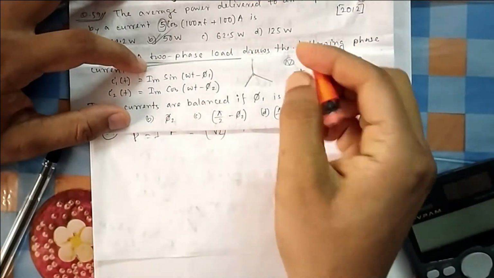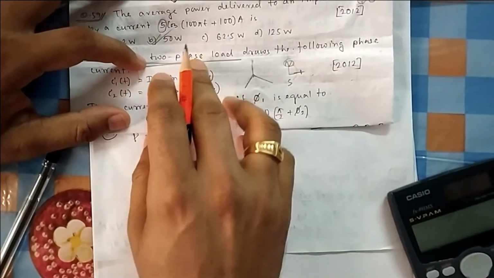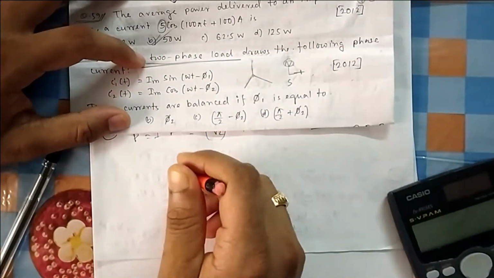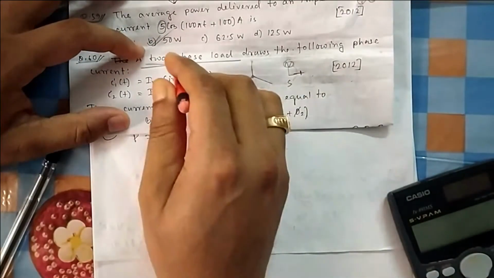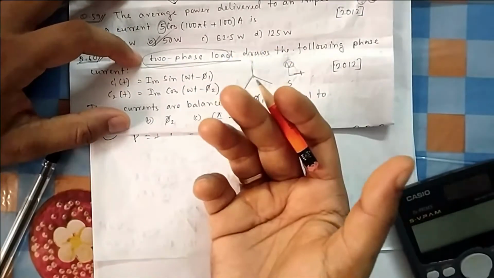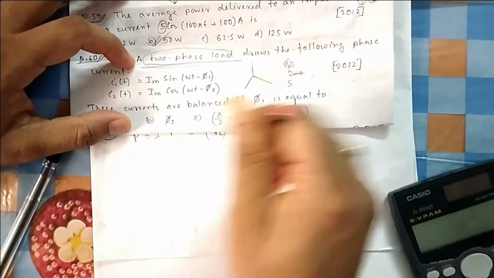That is not a 180 degree shift. You don't think that 360 divided by 3 was 120, so 360 divided by 2 for two phase will be 180. No, if you give 180, then the rotating field will not be created, and that is the main purpose of a polyphase system. That's why it is a polyphase load. That means you can think of any rotating load. So that's why you need to give them at electrical 90 degree apart.